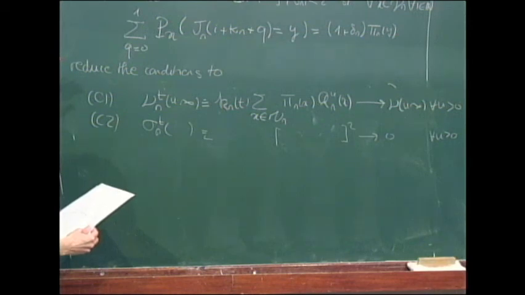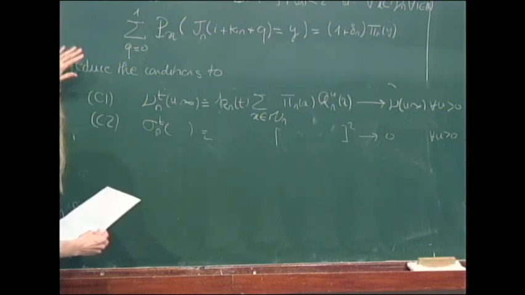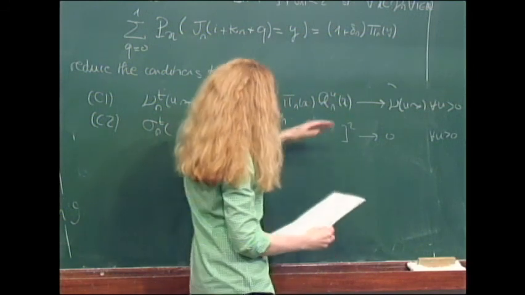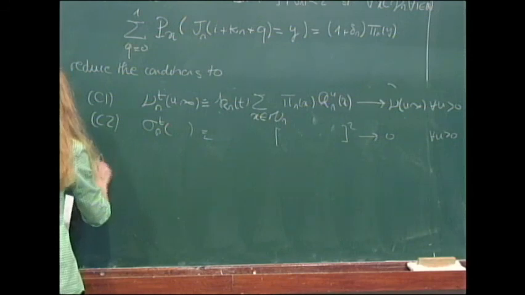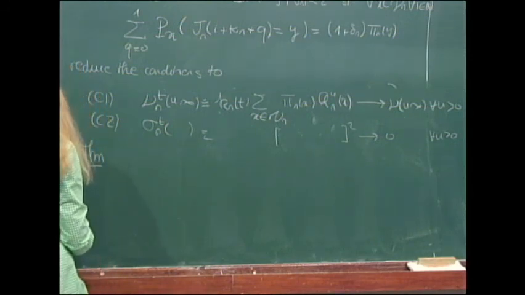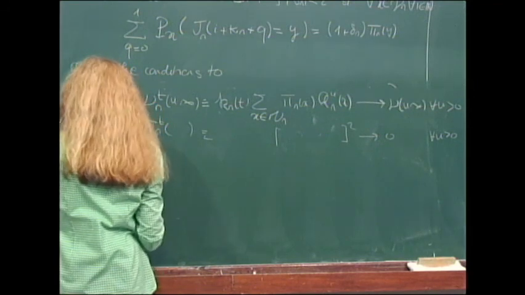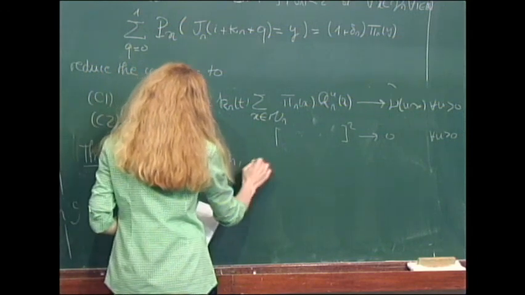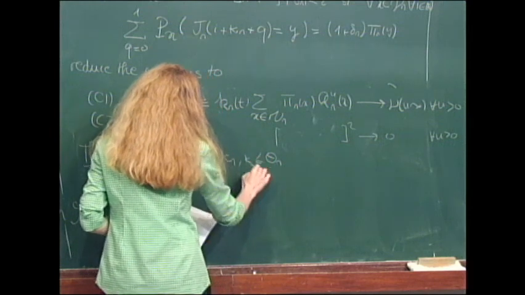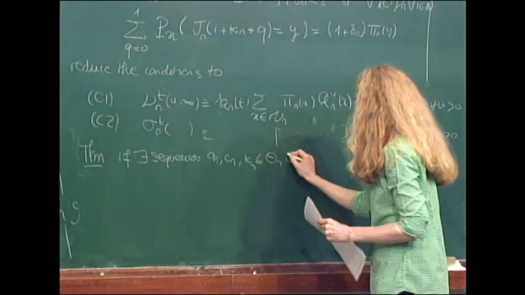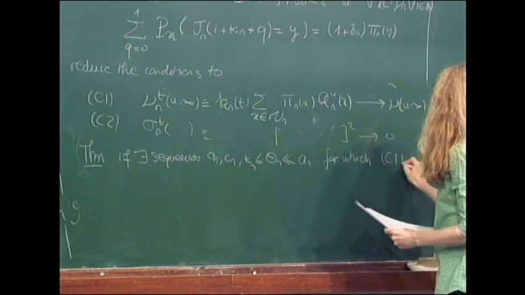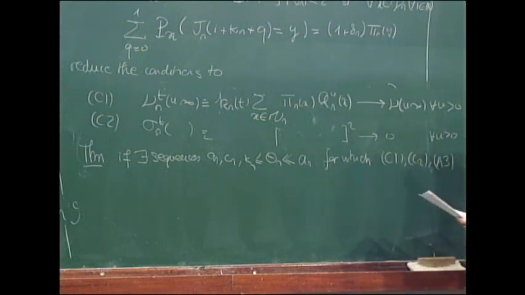So, yes, I'm trying to not shorten things too much. If I can prove a mixing property, then I can reduce my conditions to just laws of large numbers in the random environment. But now I pushed my difficulties inside this kappa here. So let me just state the theorem. Under the same assumptions on nu of the Resnick and Durrett theorem, if there exist sequences an, cn, and theta n larger than my mixing time, but much smaller than an, for which the conditions C1, C2, and we should not forget the condition A3 that is always there, are satisfied,